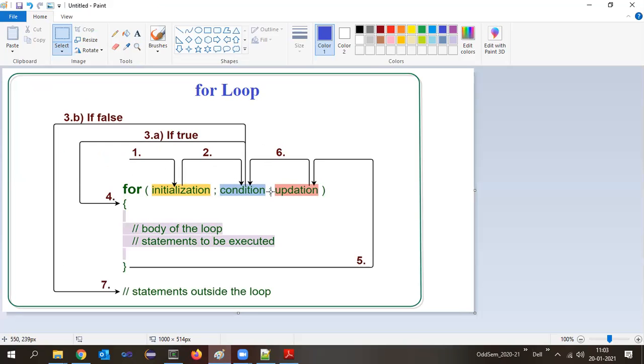Depending upon the condition result, if it is true, then the loop body will get executed and the control goes to the updation. Once the updation statement is executed, the condition will be validated again. If it is true, then these statements repeat, one after the other. Once the condition becomes false, the looping statement will terminate. Terminate means it will not enter into this loop; it will come out of the looping statement.